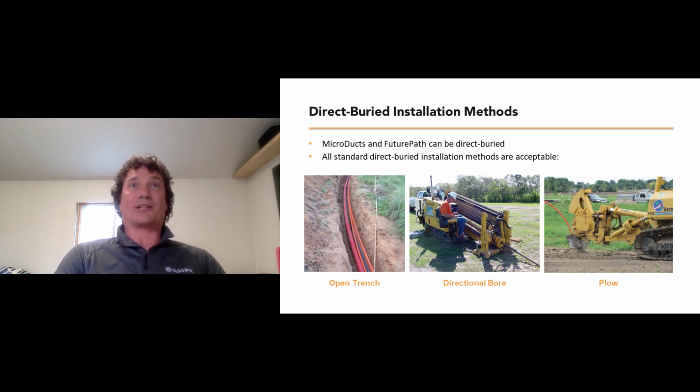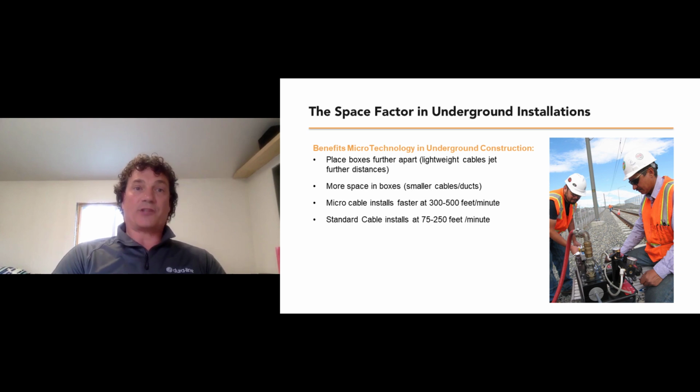Space is a factor in underground installation, especially when you get into urban environments, downtown corridors, rail systems. Space is a big factor. If we can reduce the space required for our fiber network, that's going to make it a lot easier to install in a utility corridor or into a very busy urban sidewalk or under roadways. We can place the boxes and the access points further apart because it's a lightweight cable that jets a much further distance. So you've got fewer boxes, and